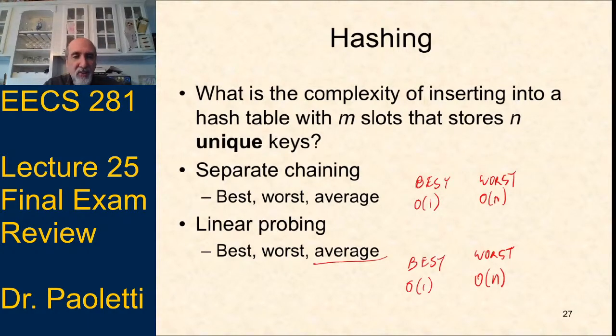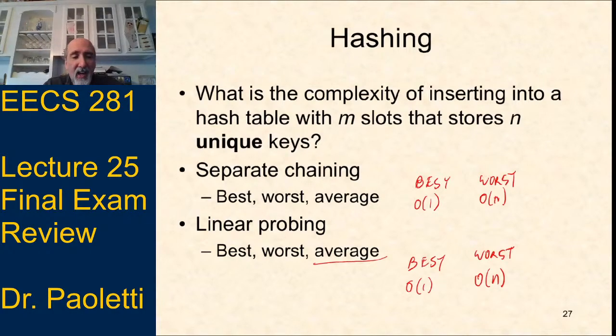All right, so the best and the worst are pretty easy, because those should be true for any scheme, whether we're doing quadratic probing or double hashing. We would still get the same best and the same worst. All hash tables have the same best and same worst. The average is what's different.